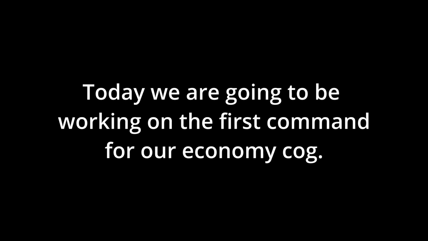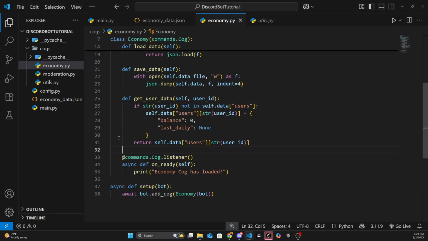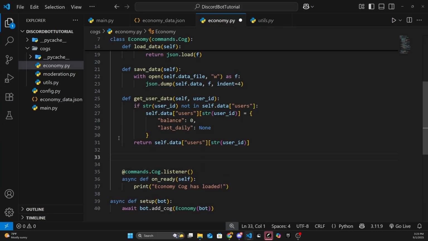Today we are going to be working on the first command for our economy cog. This command is called balance, and it will check the user's balance using the economy data JSON file, which we worked on in the last episode. Let's get started. So, under the third function, get user data, we're going to start off like any normal command